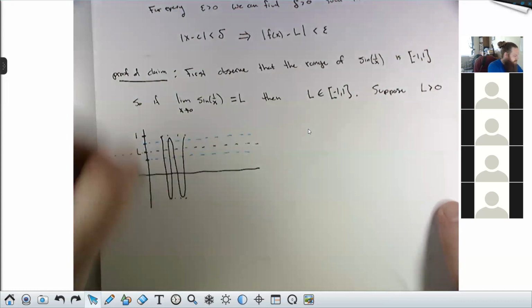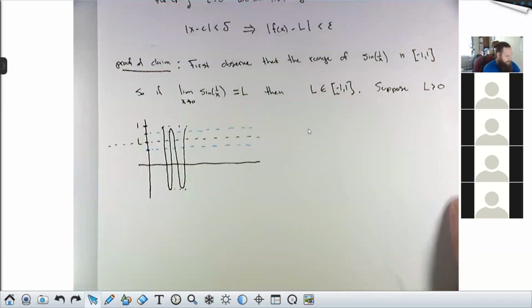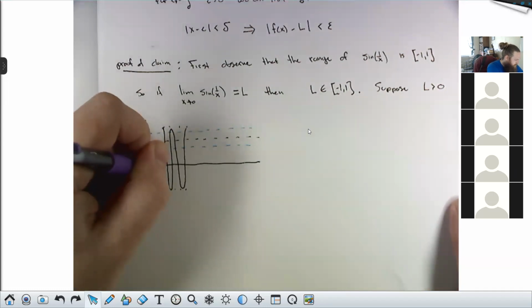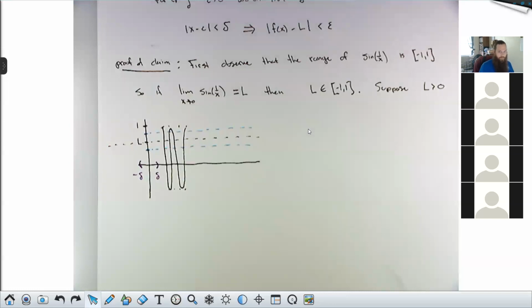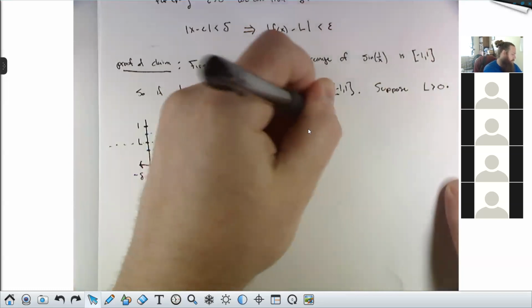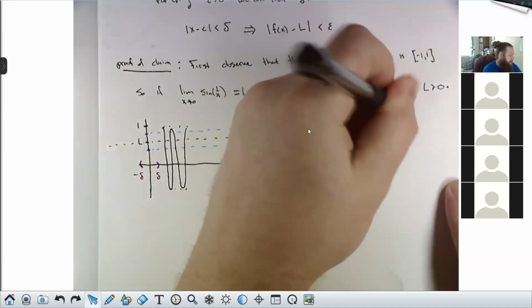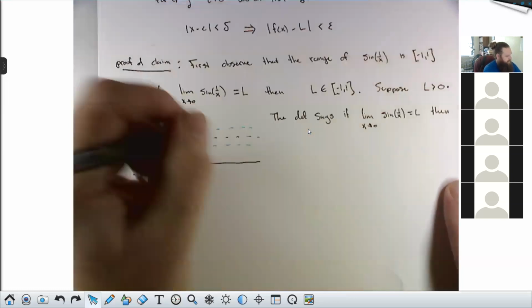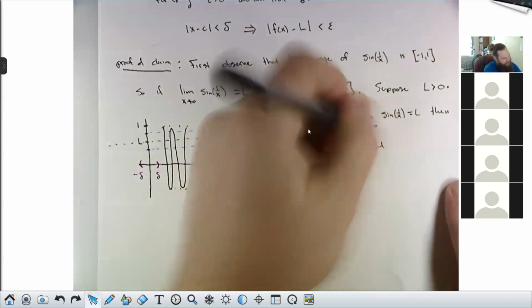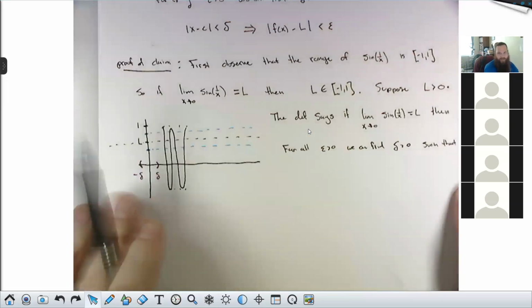Now we know that that's not going to happen, or at least if you trust me, you know that that's not going to happen. I'm not going to draw things in here because it gets way too cluttered. But your delta window has to look something like this. The definition says that if the limit as x goes to 0 of sine 1 over x is equal to L, then for all epsilon greater than 0, we can find a delta greater than 0 such that, and now I'm just going to plug in the c's and the L's,